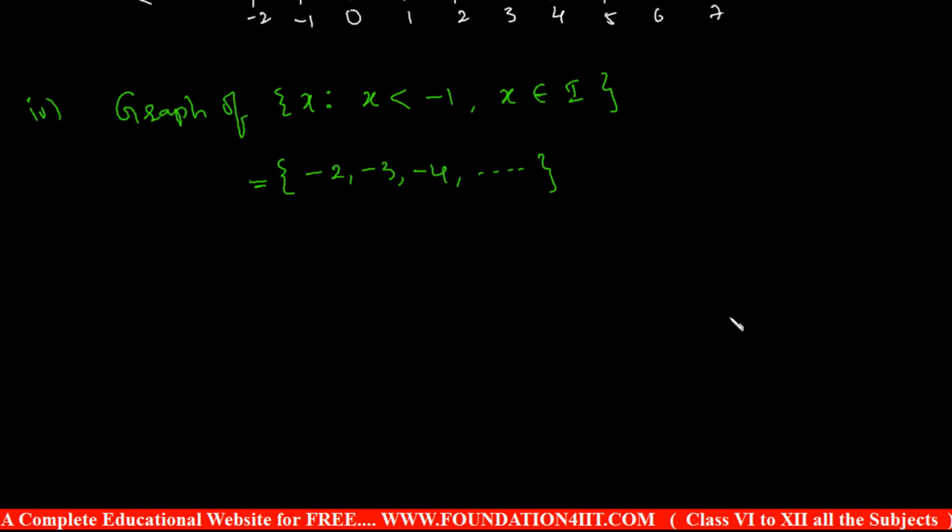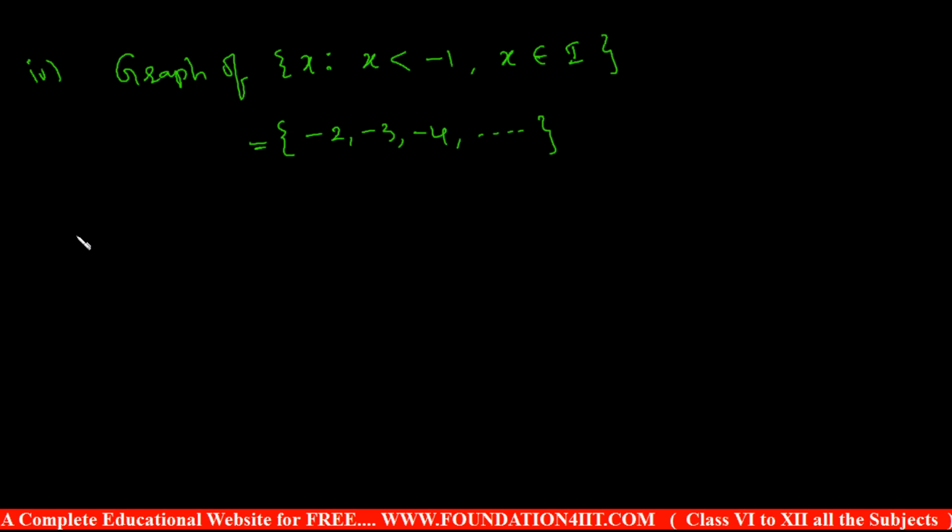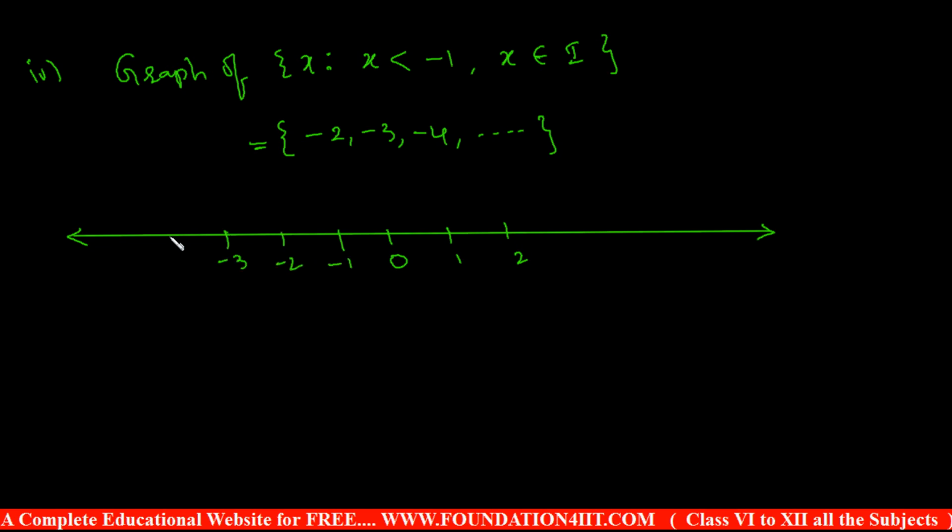Now to represent this on the number line, same concept. We draw the number line first: 0, 1, 2 and negative minus 1, minus 2, minus 3, minus 4, and so on. We can't write them all, so we take the darkened circles, on minus 2. Next is minus 3, minus 4, even minus 5, and so on till infinity. Then keep three dotted circles, three darkened circles.